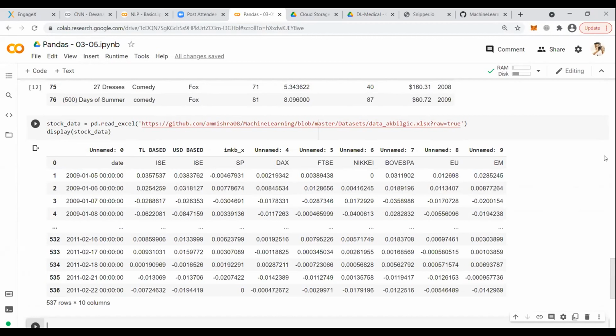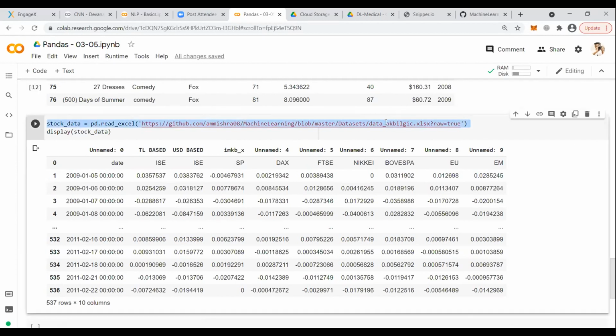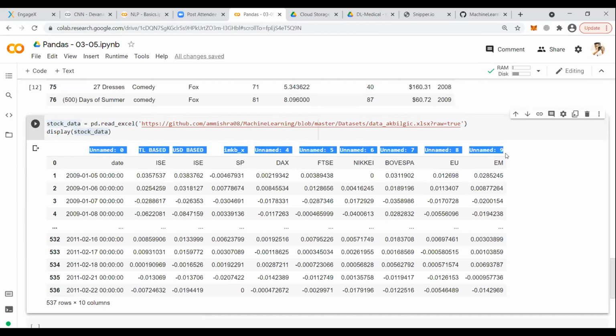Now, there is a problem here when we read our Excel file. When we say that we need to read an Excel file, that's how it starts. Here is the URL link that we have taken, and to display it, we are using a simple display. But the point is, when we are displaying it, this is not exactly giving us the column names.